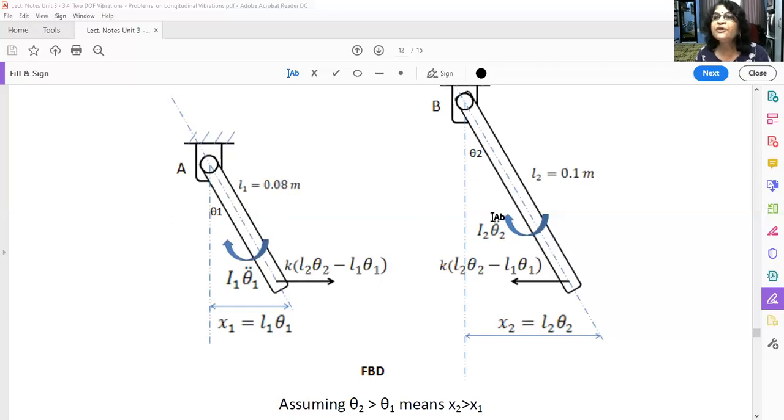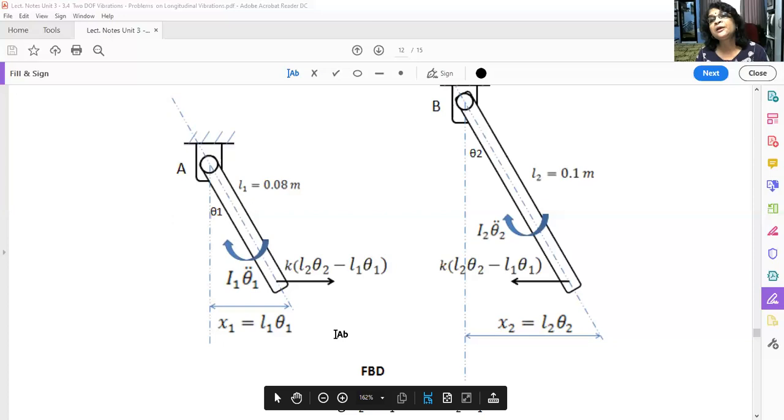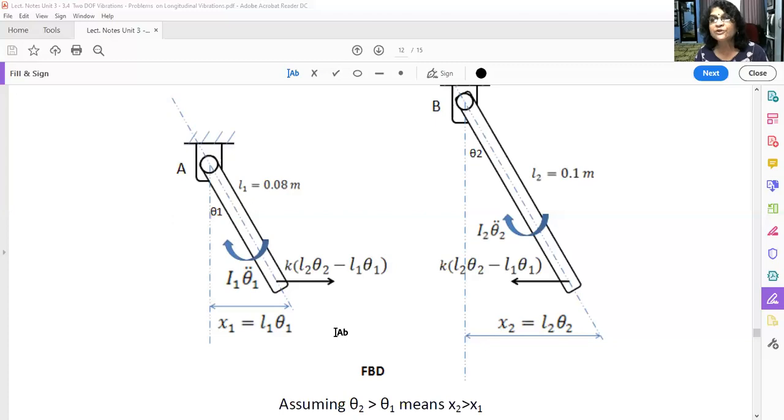So that's why first you have to show the spring force for this rod. As it is moving towards the right, or anti-clockwise, the spring force will be shown towards the left. What is its magnitude? K into L2 θ2 minus L1 θ1. Similarly, show the spring force in the opposite direction on the other rod. This is towards the left, so for this rod it is towards the right with the same magnitude. Understood? Now, for curvilinear or angular motion, you always have to write D'Alembert's principle in terms of torque.